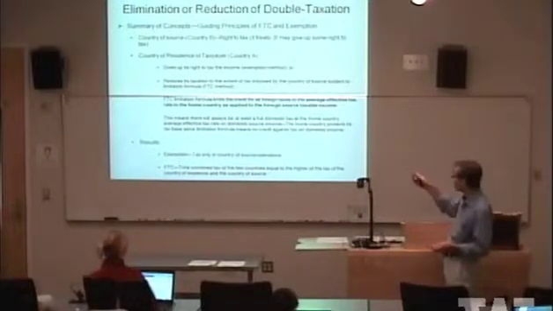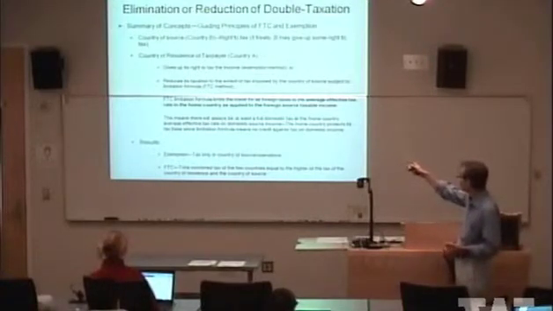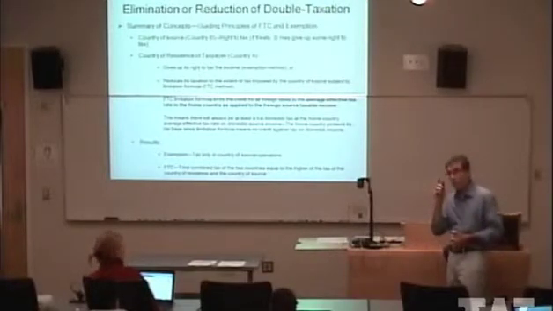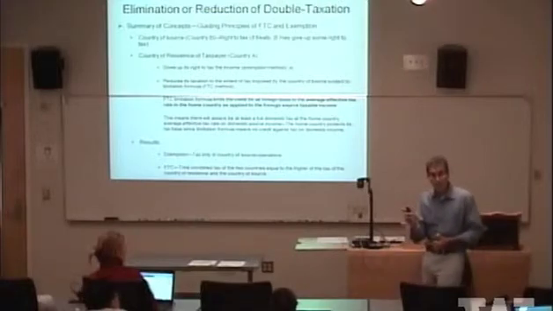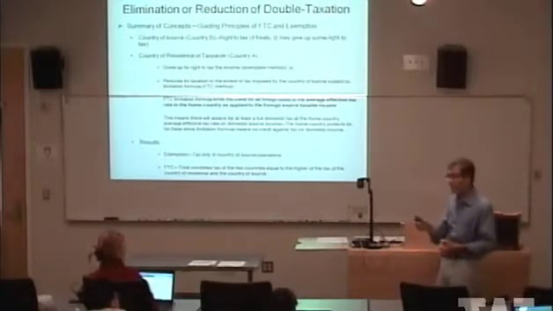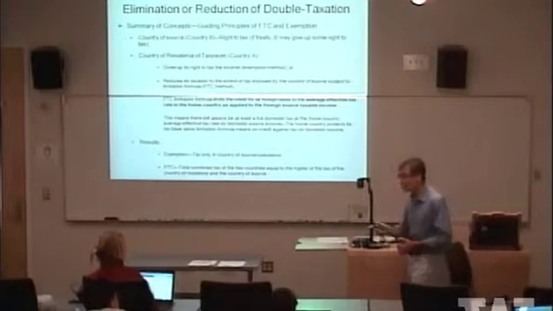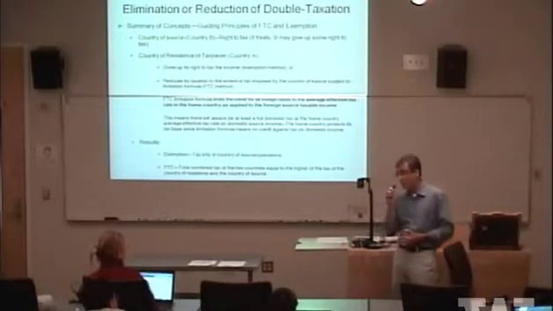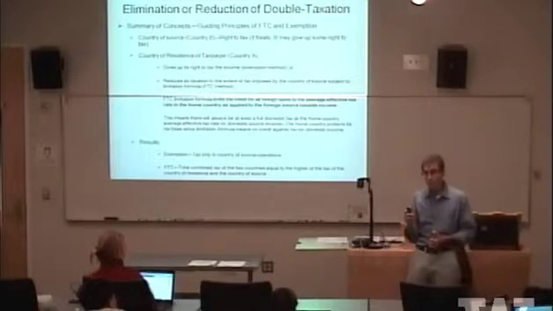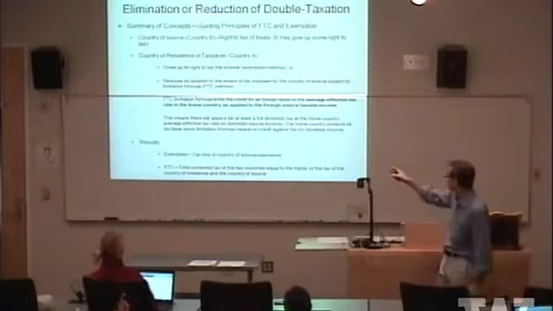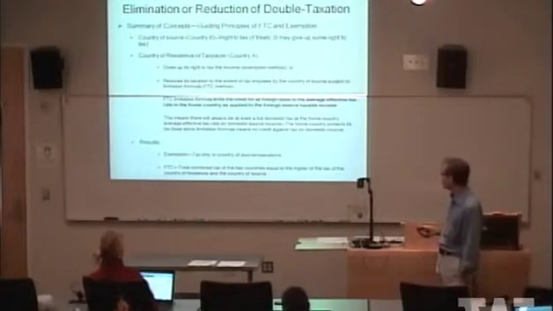Or the country of residence, in the case of the foreign tax credit, will always at least collect its domestic effective tax rate on its domestic source income. The foreign tax credit limitation will not reduce the tax below that level. There will always be at least a full domestic tax at the home country average effective tax rate on domestic source income. Again, notice I say average effective tax rate.